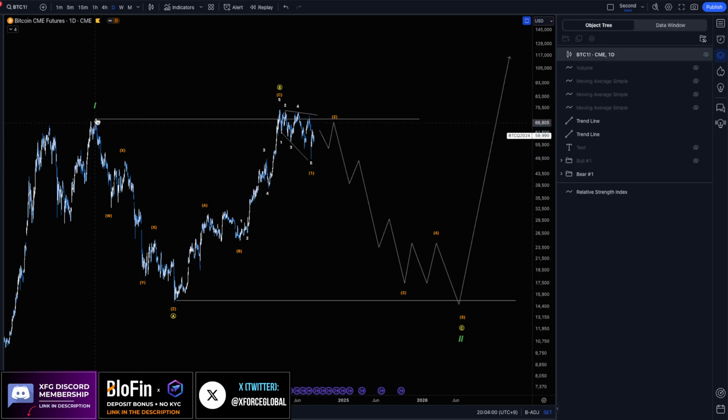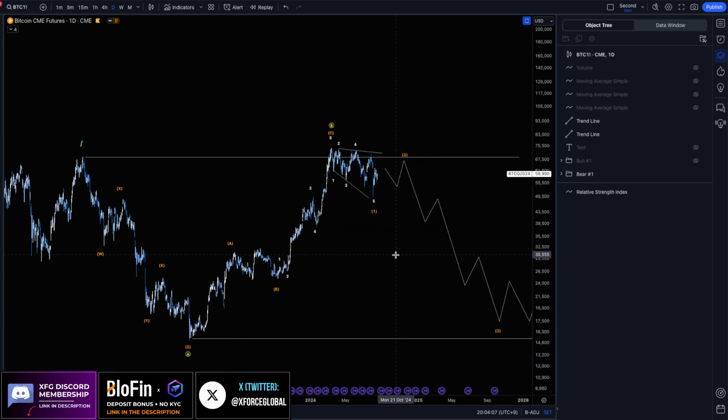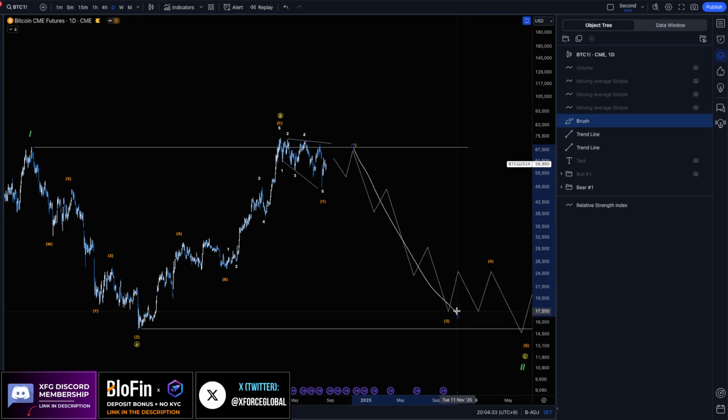So with that being said, we're looking for a 3-3-5 structure, and we're now finally possibly working in that beginning of that 5-wave move to the downside for that wave C. Now, since we are still in the beginning wave structure for this wave 1 actionary wave, it's very low in probability, and the only way I can be counting this is a possible leading expanding diagonal, which is rare in itself, with these corrective overlaps, meaning that we are looking for a 1-2 to be completed, where this move up here was corrective move, corrective move, corrective move, and that move in itself will be that wave 2, and we'll be looking for that wave 3 extension to the downside